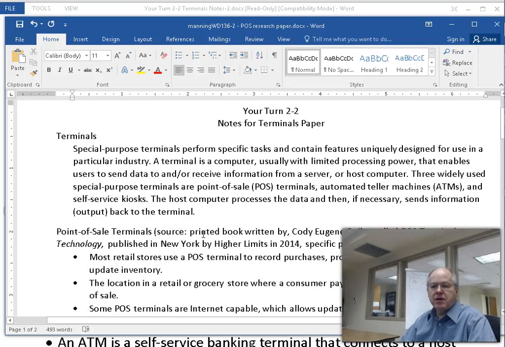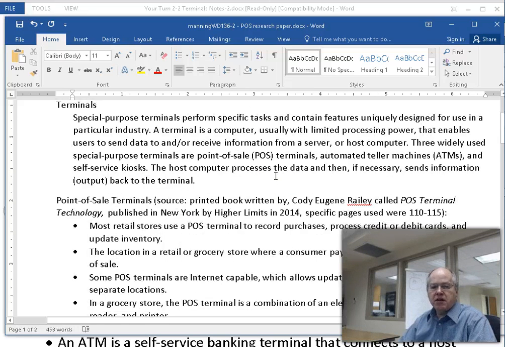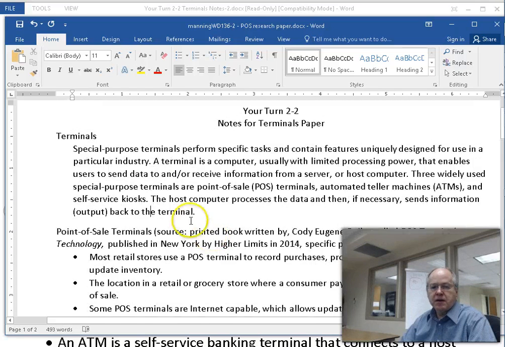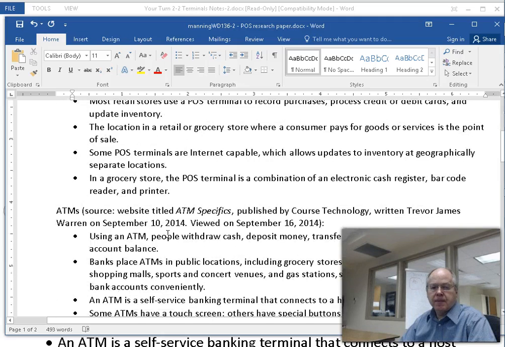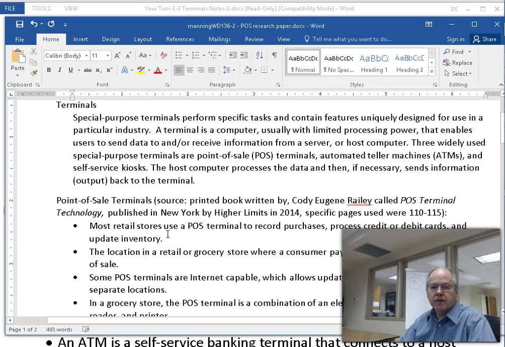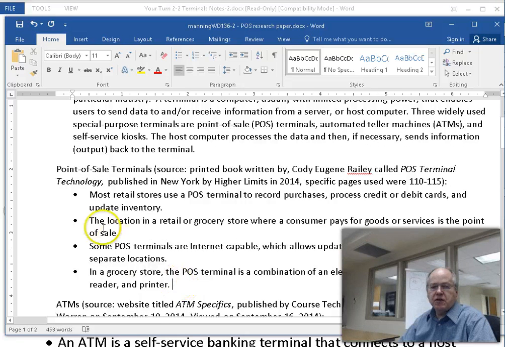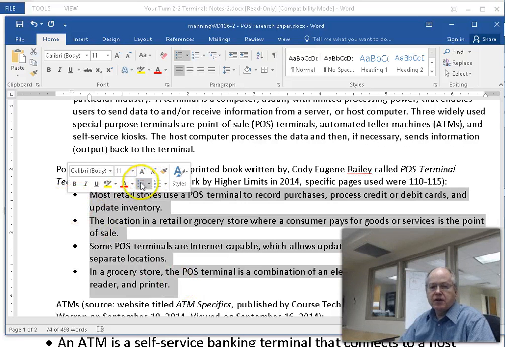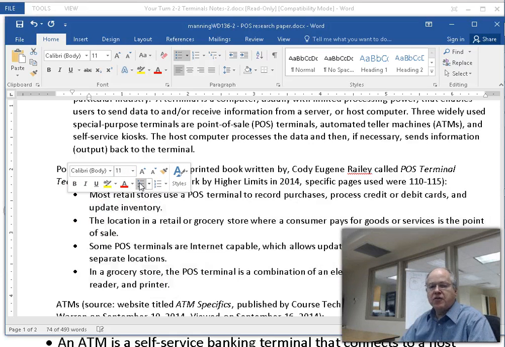Since the paper is more about point of sale terminals, I'm thinking I might want to introduce this first and then explain what a special purpose terminal is. But first I'll just convert these to paragraphs and then decide my order. So I can right click, turn off bullets,